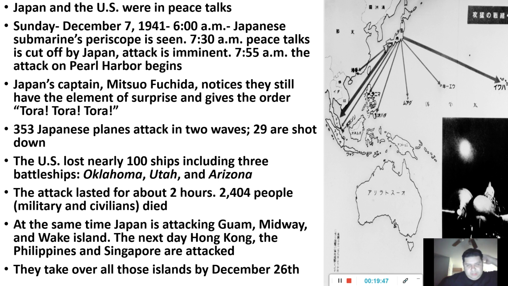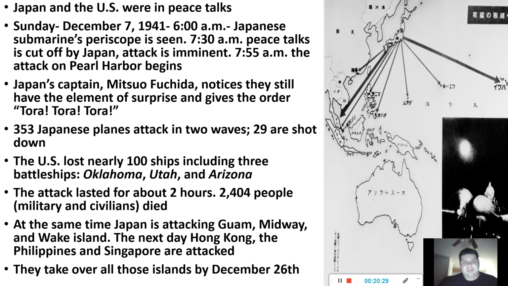And at 7:55 in the morning, Pearl Harbor is attacked. So the thing is, these Japanese planes are coming in. They're flying really low, under radar. Okay, and the Japanese leader in charge, the captain, his name is Mitsuo Fuchida. His job is to make sure that everything's okay. You know, that they're not caught on the radar, that the United States isn't shooting back at them, that they're caught by surprise. And they really are, because a lot of the Americans,